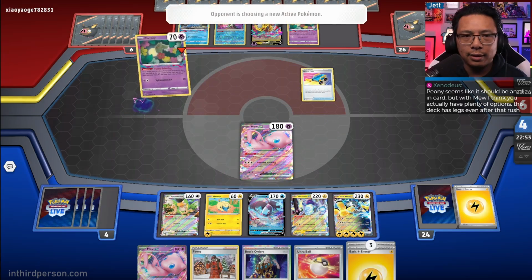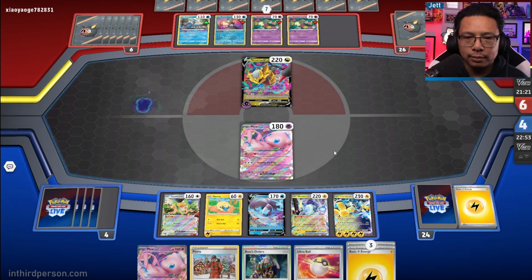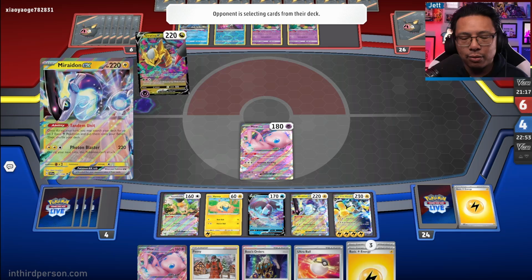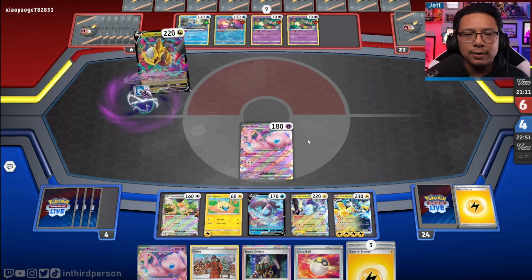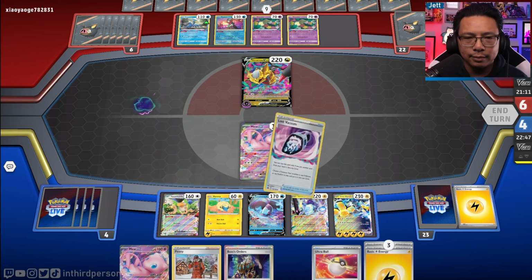Okay, they switch card in. Probably the... Oh, they're just going to Abyss Seeking? Okay. If they're going to Abyss Seeking, that changes the math here. Now we want to attack with Miraidon. Or we could just boss up the... couple ways we can go about it. Let's go and see how we hit on...